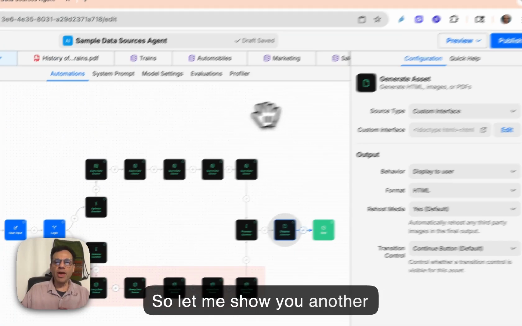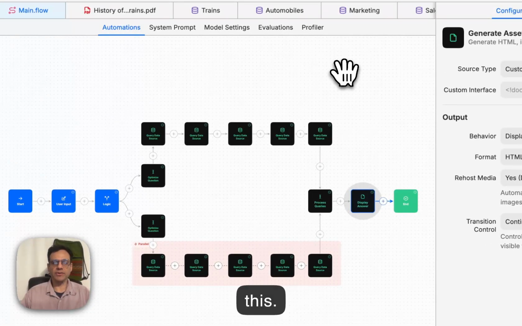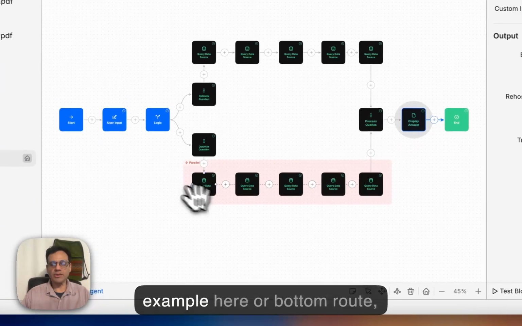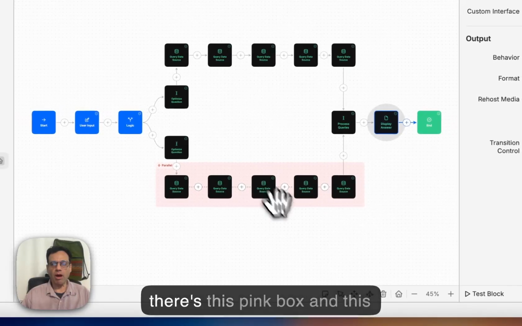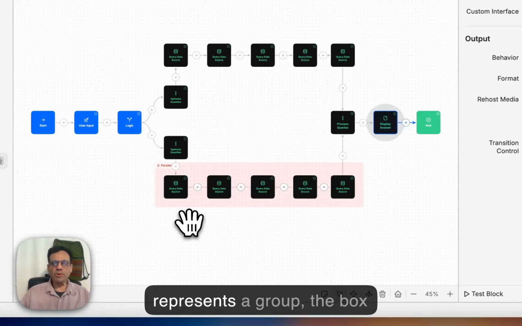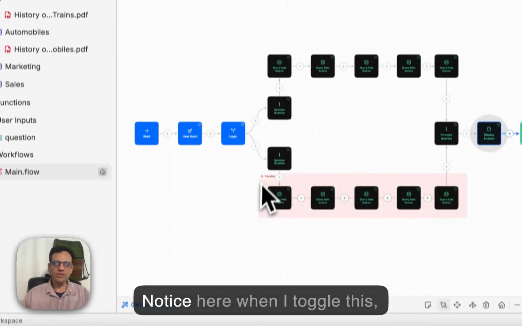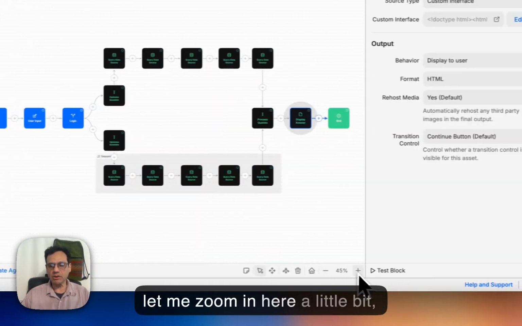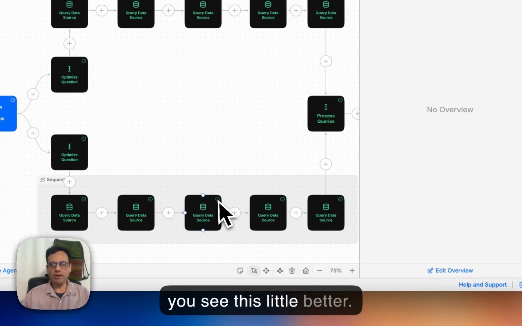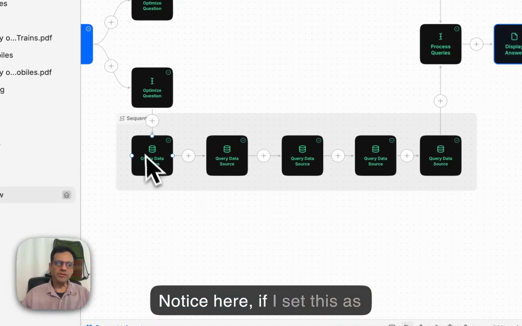So let me show you another technique on how to optimize this. Notice here on this bottom example, or bottom route, there's this pink box. And this represents a group. The content of the box represents a group. And notice here when I toggle this, let me zoom in here a little bit so you can see this a little better. Notice here, if I set this as